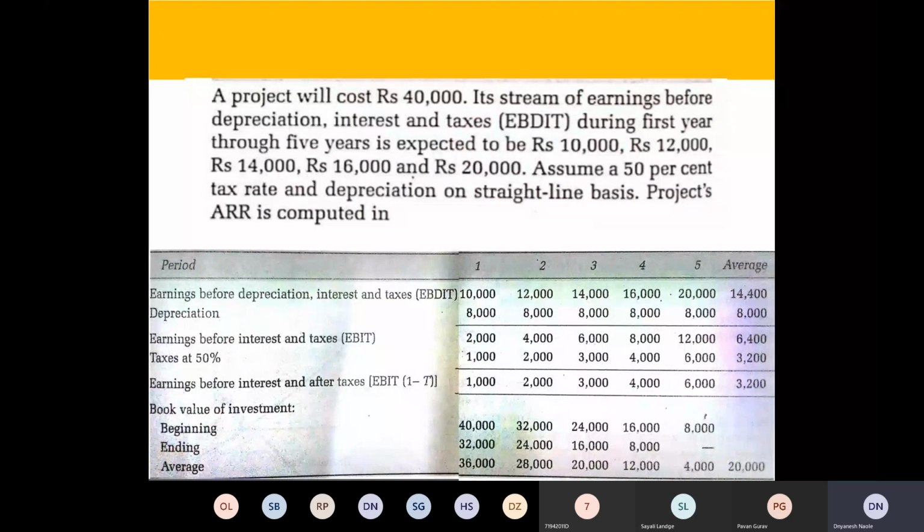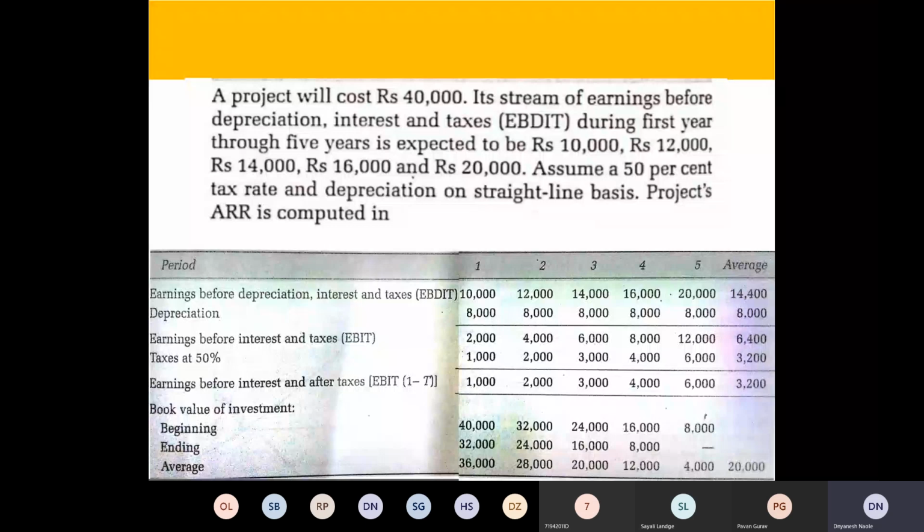Okay, so there are different methods, we'll see, but here we are saying that if you use the straight line formula, then 40,000 has to be accounted for in the books in 5 years. So 40,000 will be uniformly distributed. So 40,000 divided by 5, so 8,000 rupees every year you are depreciating. That doesn't happen in actual practical life, because 8,000 won't be the reduction in the value of our car. Suppose the car is 40,000 rupees, the first year it will be lesser, and as you go ahead, the second year it will be higher depreciation, the third year even higher than the second year, like that it goes.